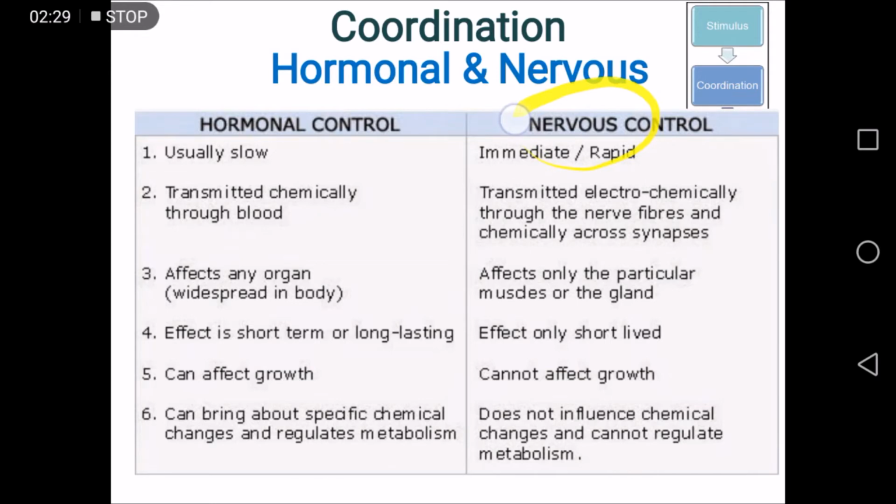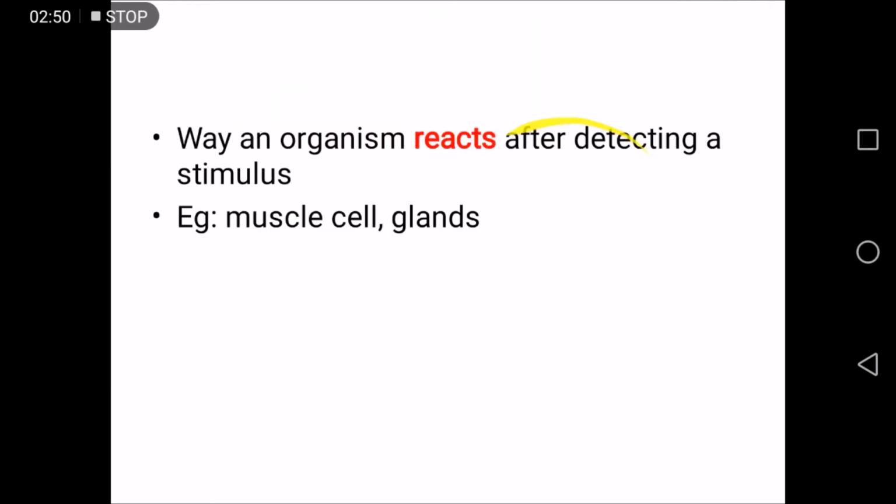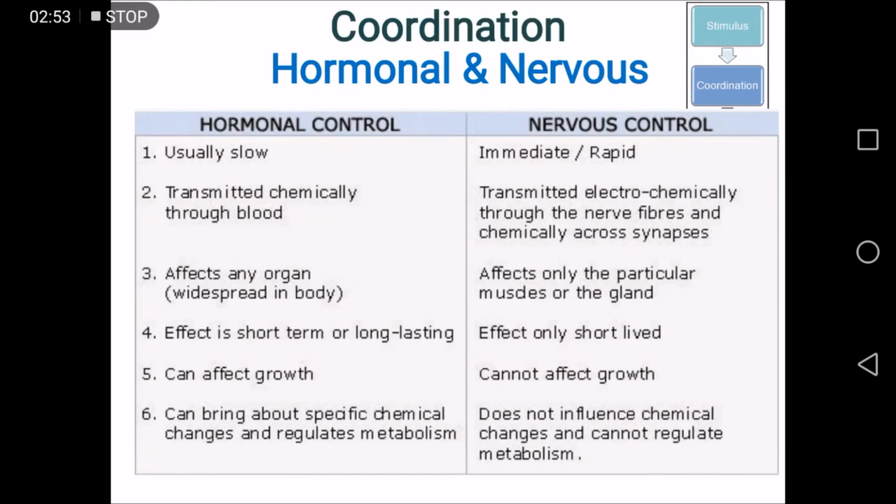Here I have listed down a few. For nervous, we understood it is always very fast. Whatever stimulus is sensed by the nerve, the response will be very fast. As for hormone, even though there is a change in the body, after the hormone is released, it needs time to get the effect. And for the nerve, you need the nerve fiber. The fiber is something like a wire, but for the hormone,